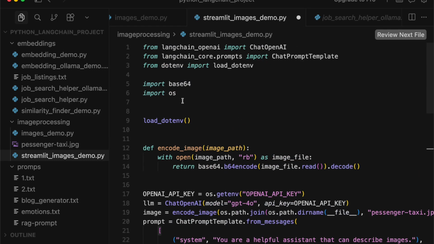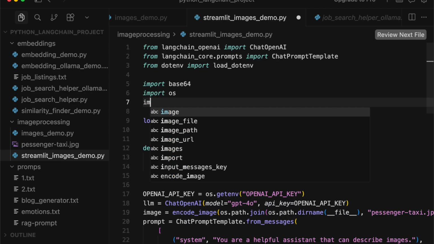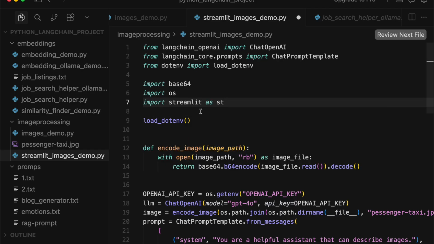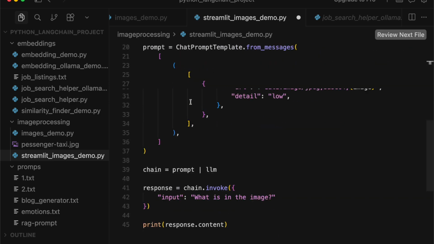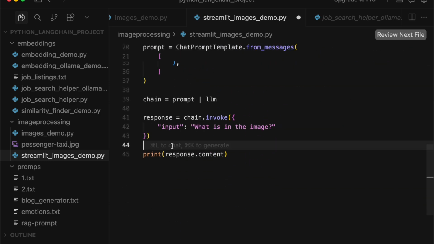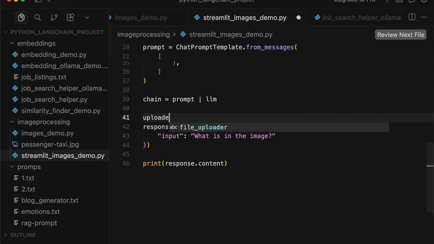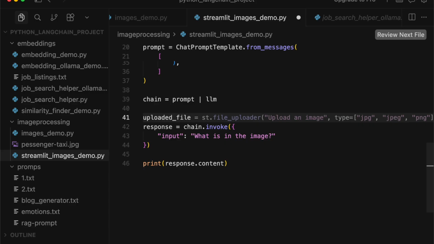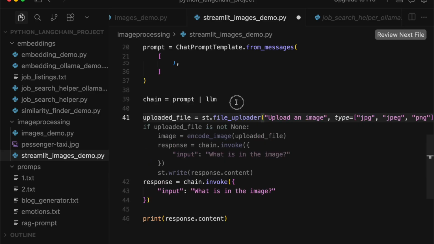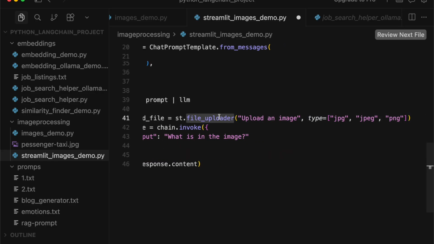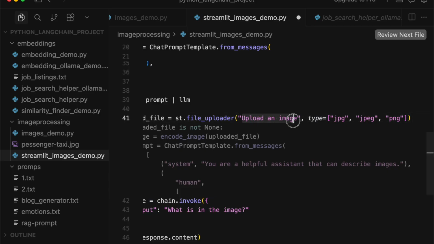The first thing, I'm going to import streamlit as st, and then go all the way down, and here let's create uploaded_file. Now we will allow the user to upload a file instead of a static image. So we are going to use st.file_uploader, and in file uploader we can pass a text: upload an image,